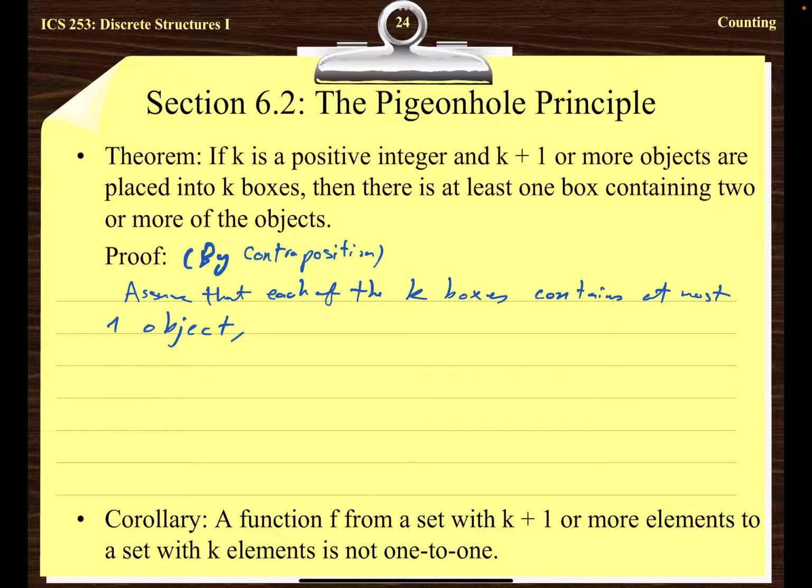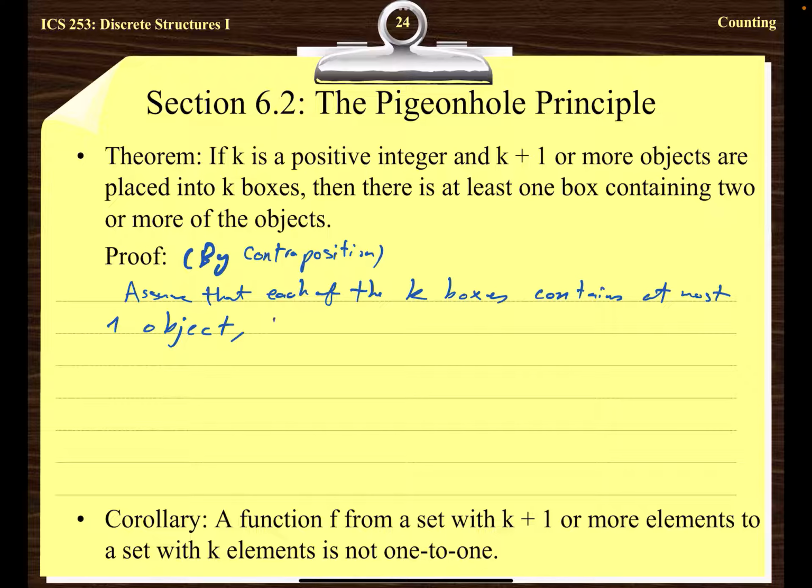At most there are k objects. مش احنا بدينا ب k plus 1 or more. We started with k plus 1 or more. طيب if we negate the necessary condition, which is انه each box contains at most one object, we will end up with how many objects in total? We'll end up with k, صح؟